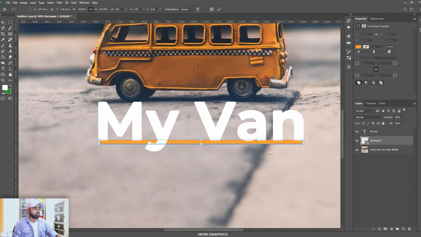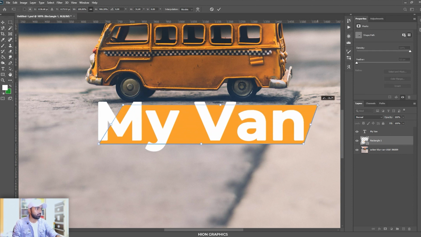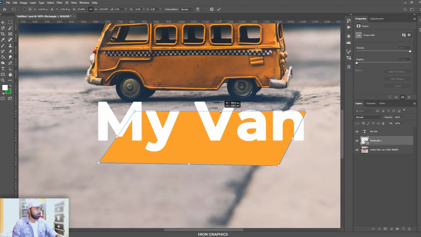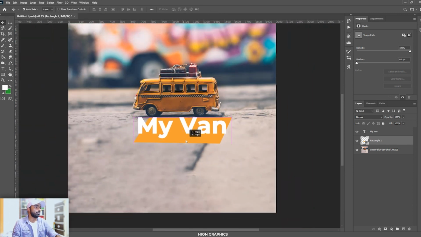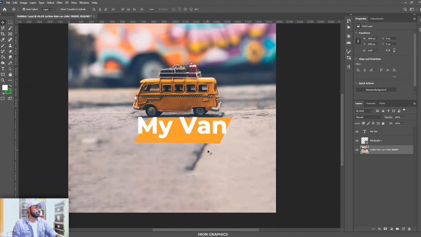I will press Alt and zoom into it, and now I can press Ctrl and click on any of the points. Suppose this is the point, and I can drag this like this. Just see this. I can drag any of the points like this and like this. So let me make it similar to a road. Okay, so just see this. This looks amazing to me. Okay, there you go. I have a proper transformation setup. It kind of creates an inclination towards the plane.